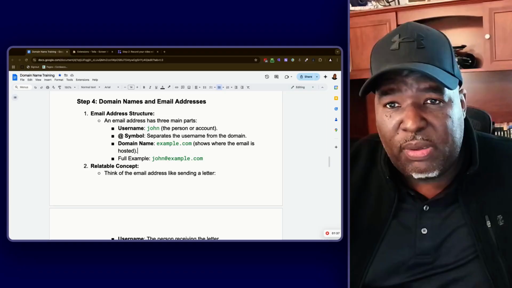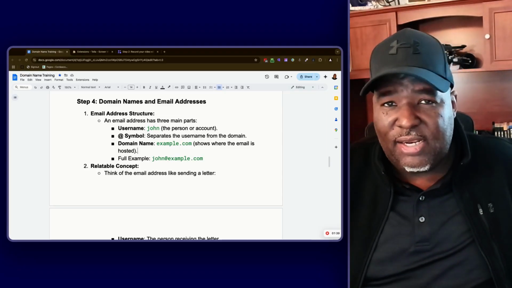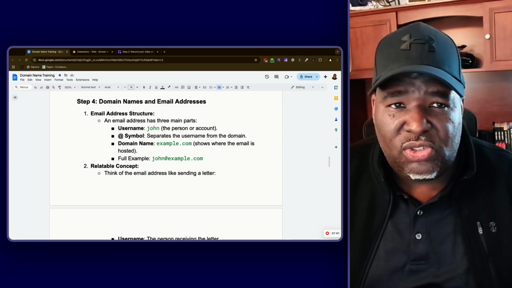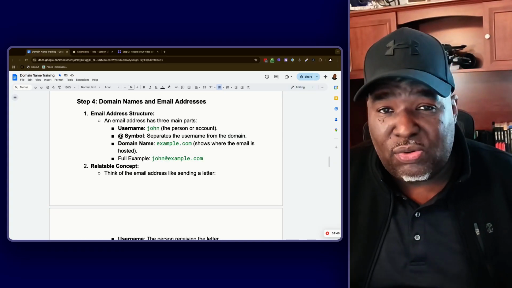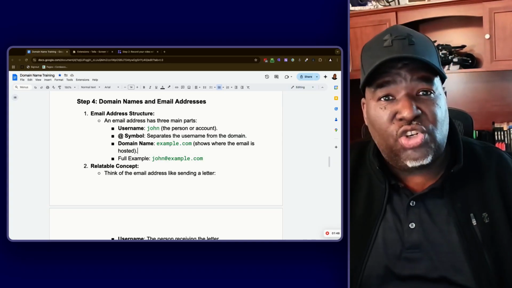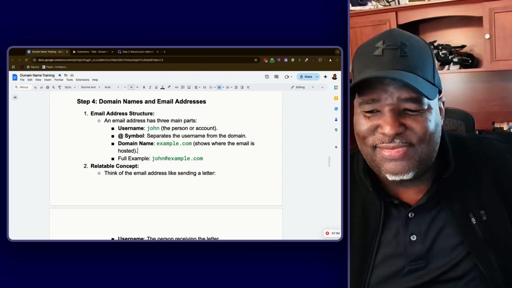Sometimes when we write it, we want people to see the words in it, so we can write it with capitals. But behind the scenes, the servers and email systems always make everything lowercase, so there's never a capital in an email address. Just wanted to bring that out to let you know how that works in the real world.